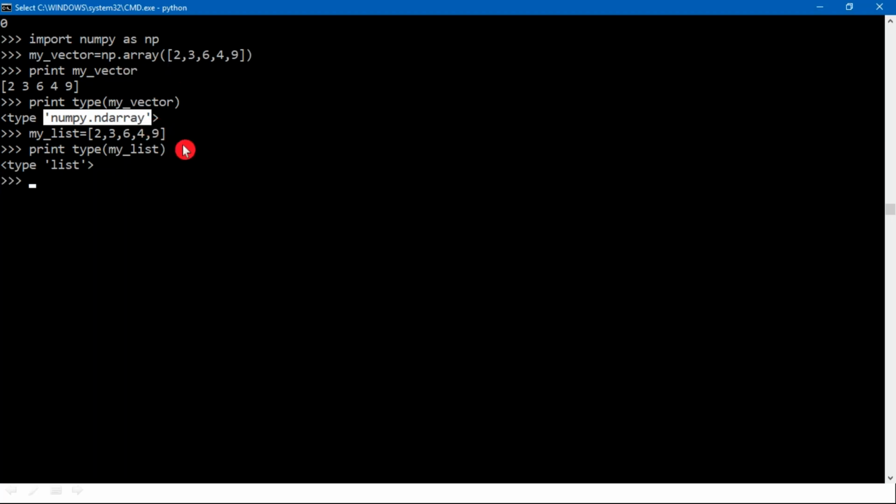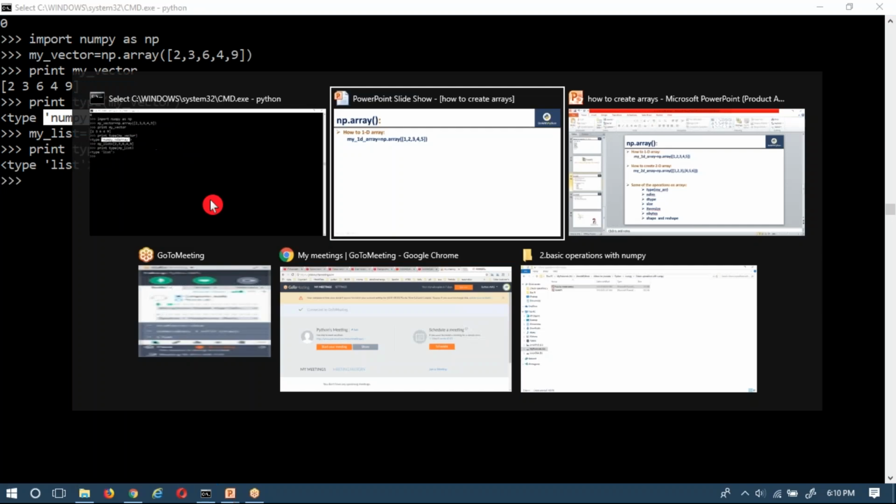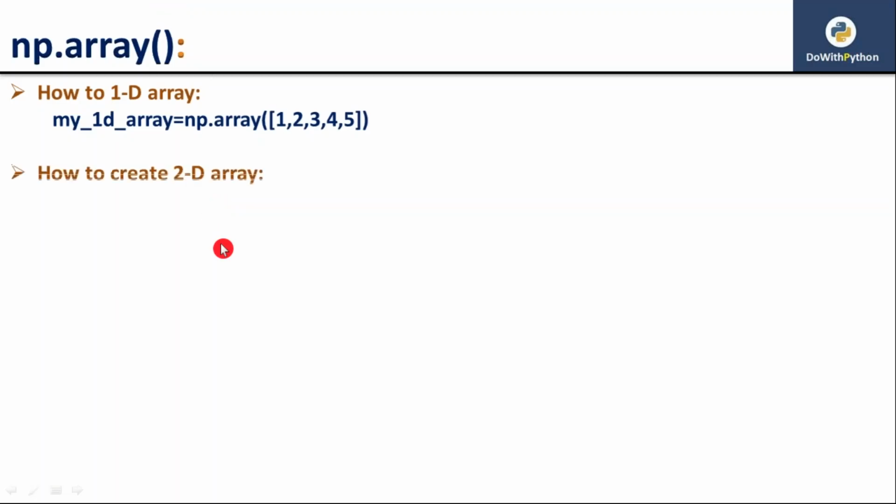Now in the same way, if you want to create a two-dimensional array or matrix, it's very simple. Just assume 1 2 3 is the first row and 4 5 6 is the second row in your matrix.